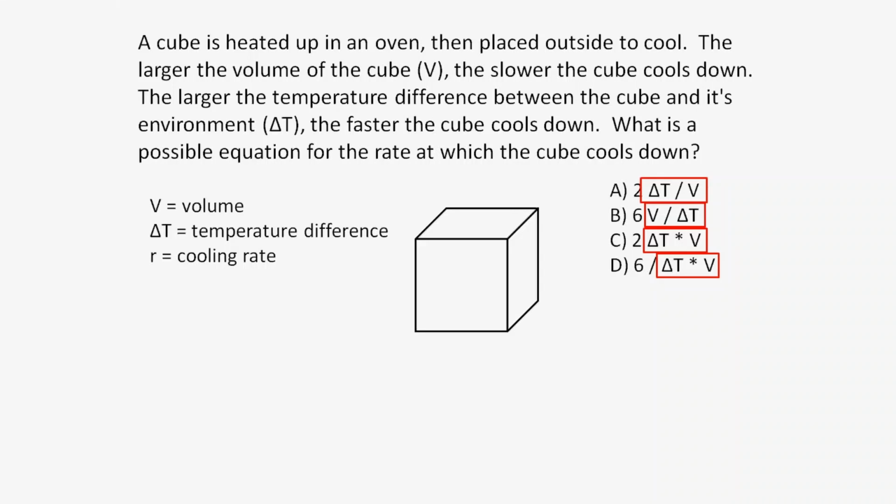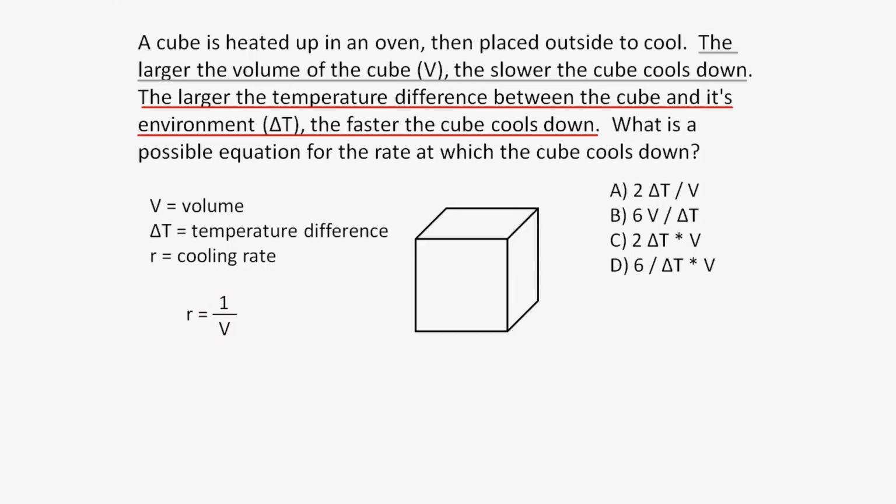The problem states that the larger the volume of the cube, the slower the cooling rate, R. Therefore, this would result in an inverse correlation, so as the volume increases, the cooling rate decreases, and vice versa. We also know that the cooling rate increases as the temperature difference increases. This would be a direct correlation, which means we'll put the delta T variable in the numerator of the equation